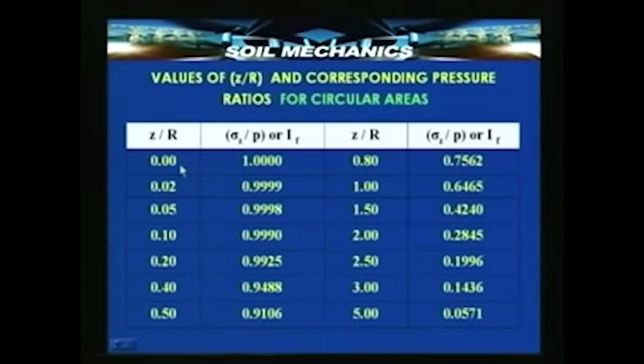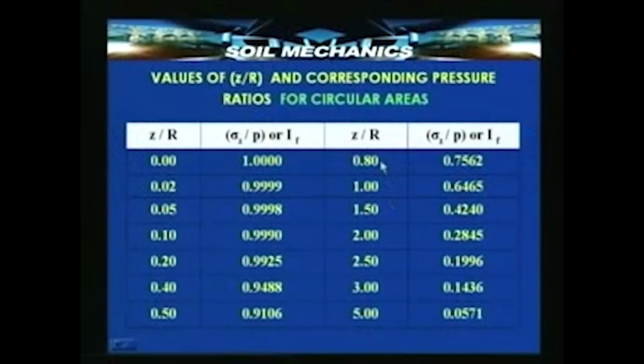The range here is 0 to 5, which means that if in any given problem the depth is such that the ratio depth by radius of the circular loaded area is more than 5, then rather than using this table, we shall have to use the formula directly. This table is the ideal one for computing influence factors for loaded areas which are circular,